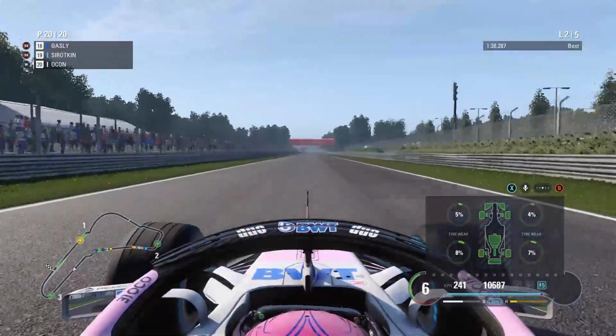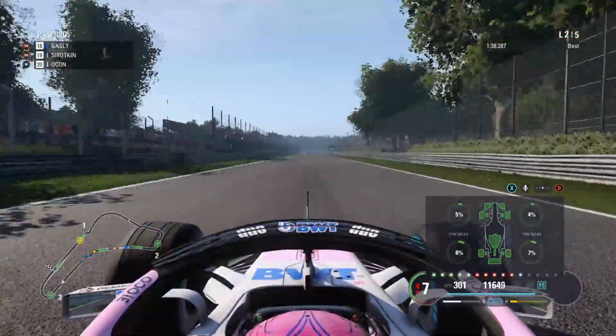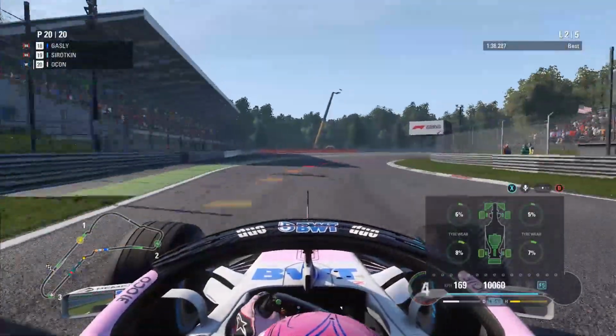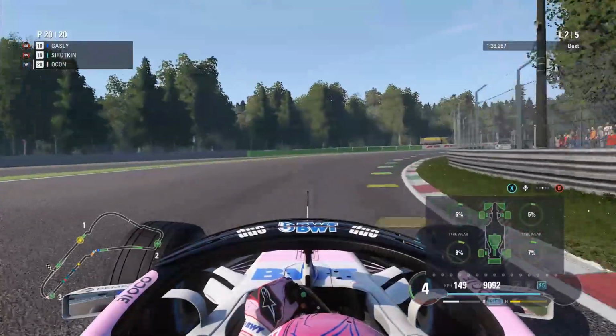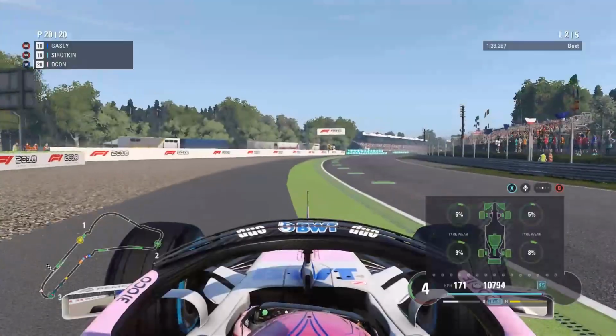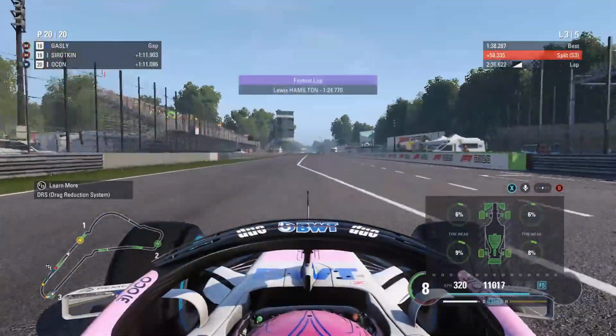And now we've got... Who would that be behind us? It's one of the Mercedes, probably Bottas behind us. We're going to brake about now. Down to 4th. We're locked up coming into there. One of the few times you actually lock up coming into Ascari when you're on wet tyres. And we've got DRS now. So that's going to absolutely...